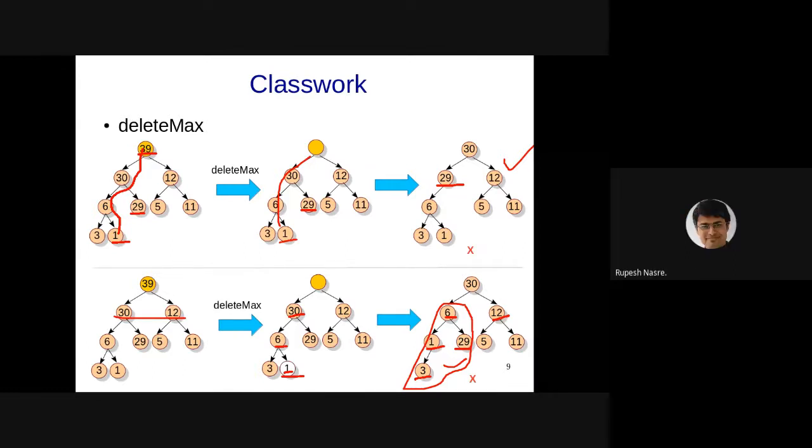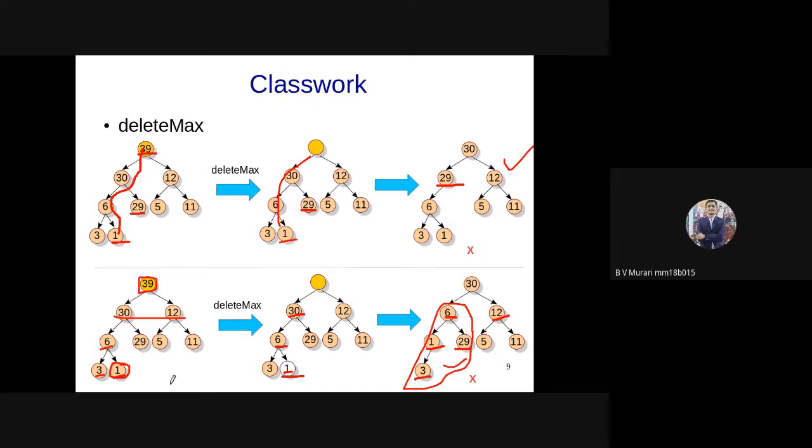I see. So you start from 1, but while moving it up, you check that it should be maintaining the heap property at that subtree. Yes, sir. I see. Well, okay, we'll have to check if that works, because in this case, for example, if we take this 1 and we cannot move it up because it is not larger than 3, then we are still stuck with the same problem, that what should replace 39, isn't it? Or you want that to be now 6 or something.